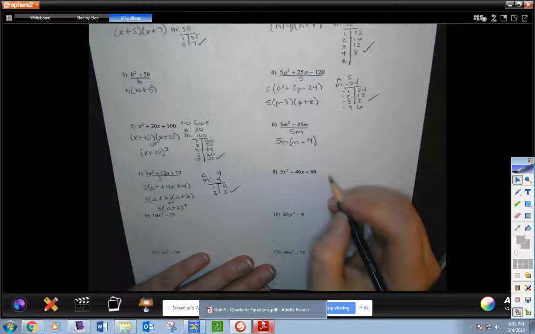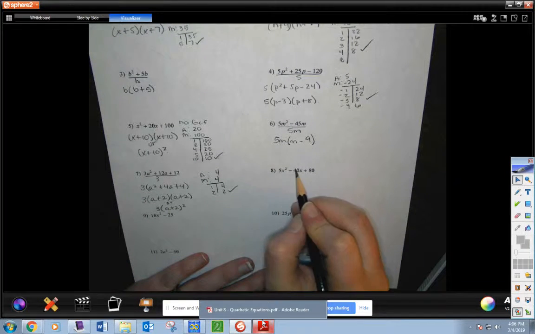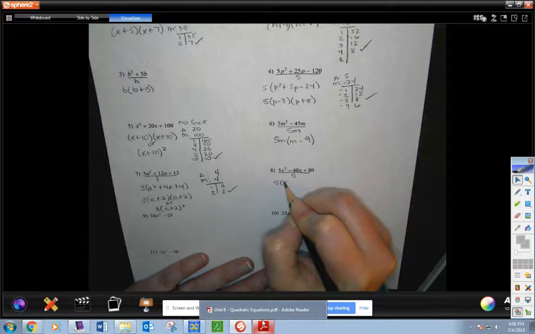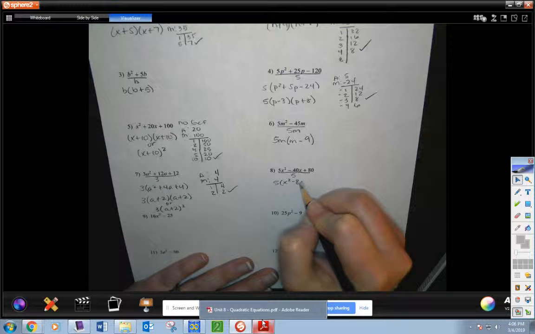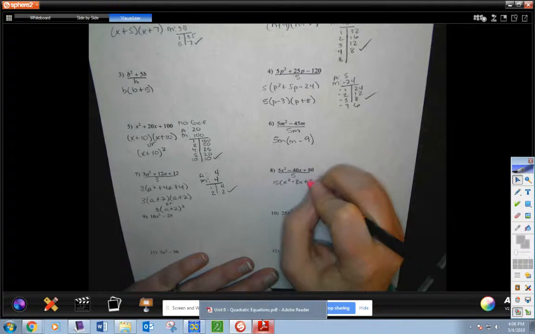Okay, for number 5, I need to see if I have a GCF. I'm going to look at my smallest number. My smallest number is 5, and 5 can come out of all of them. Okay, when I take out 5, that leaves me with x squared minus 8x plus, not 20,